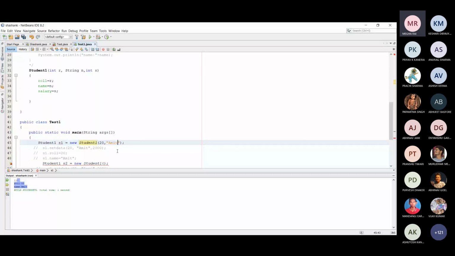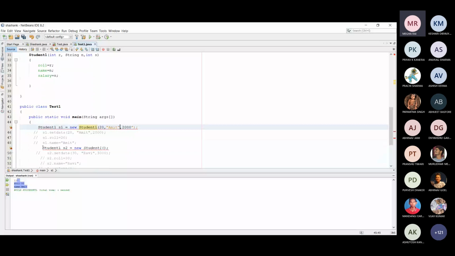Salary 2000. Again for S2, I write 30 and Ravi and comma 3000. Is there any problem here?